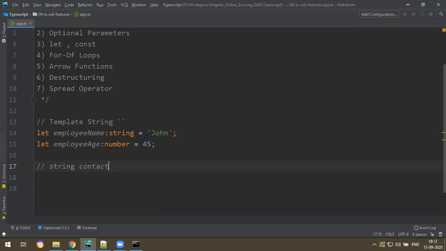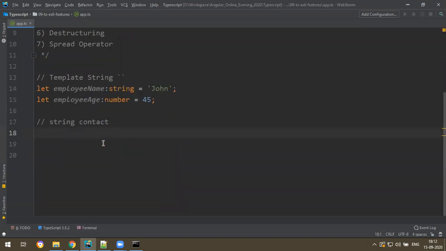Let stringConcat be equal to name colon plus employeeName, and then plus age plus employeeAge. So the static text is name, with the dynamic value substituted, and age with the dynamic value.